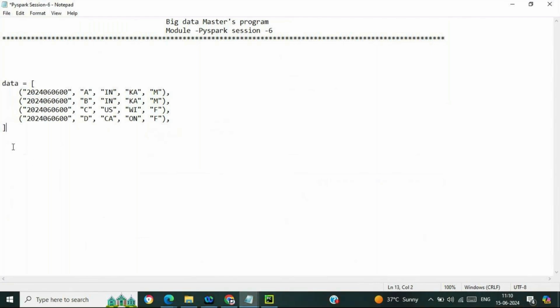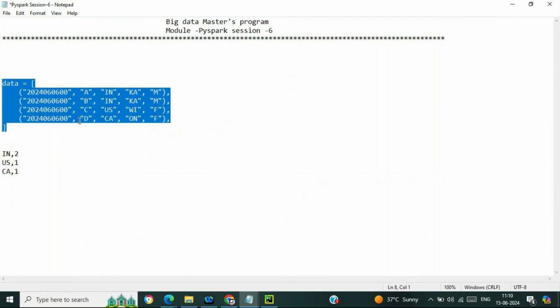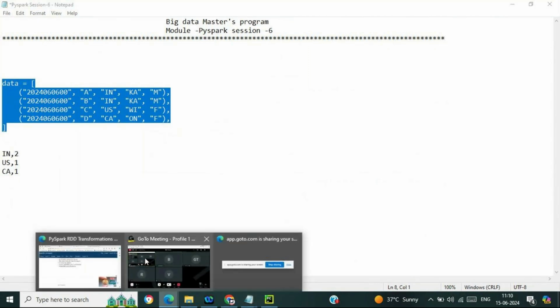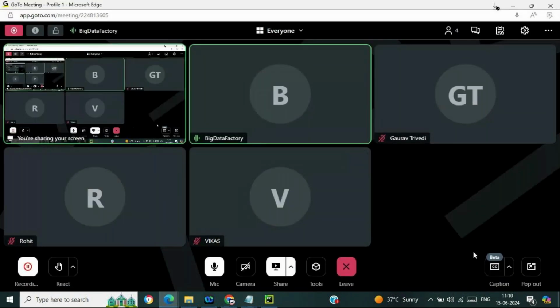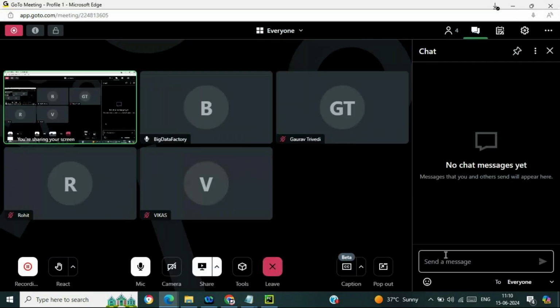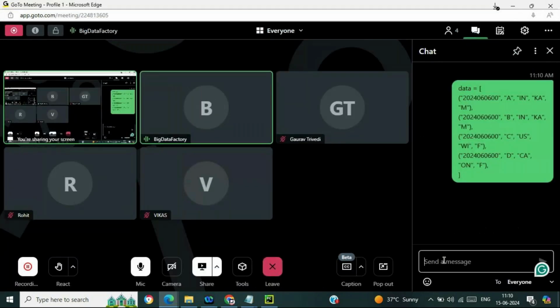So my expectation is I just want to have IN, it will be 2, and US it will be 1, and CA it will be 1. Now I just want to have this particular outcome. Let me share this data set with you all, and you need to come up with the solution, like how we can proceed with RDDs. Okay,